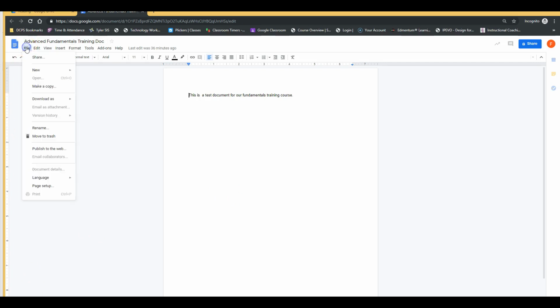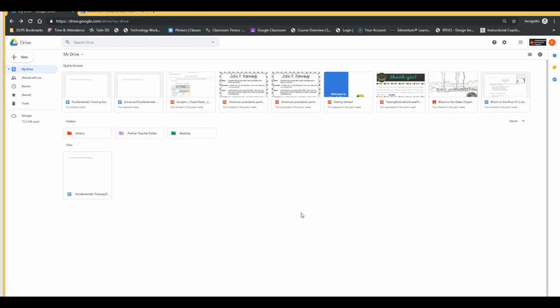I just go to File, Print. My printer dialog will come up, and I can print this just like I would any other document. Now, we've already gone through the process of how to add files to your Drive. You can drag them from your desktop, you can right click and click upload file or upload a folder, and it will pull all of that information in your drive. And remember, you do have the ability to pull in any Microsoft files, and it will convert those into a Google format for you. So how do you know if you're working in a Google Doc or if you're working